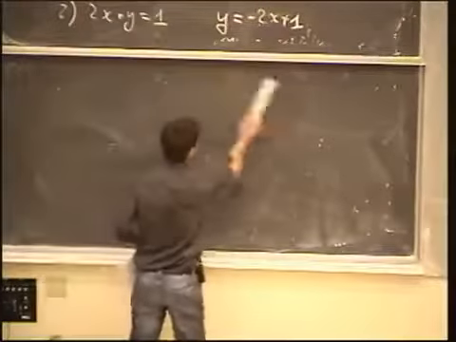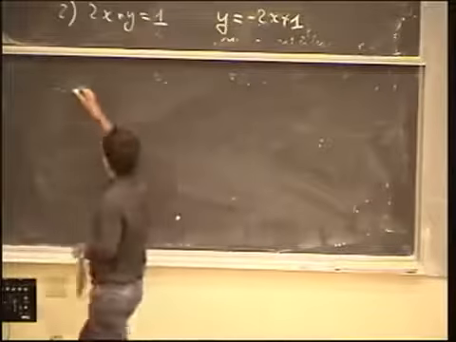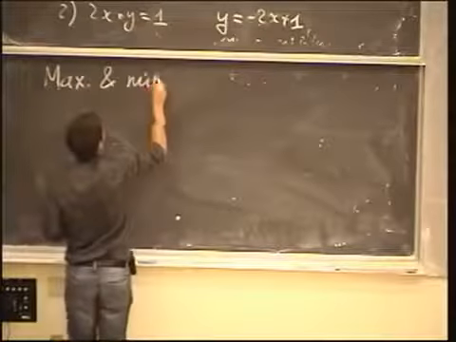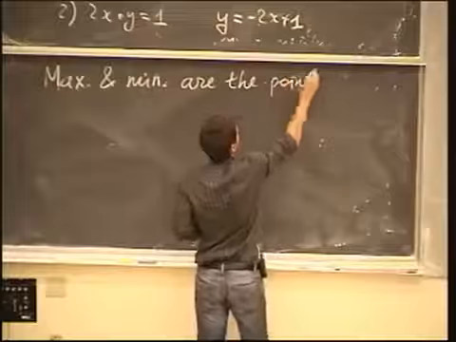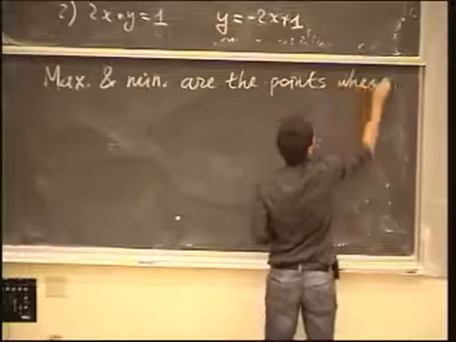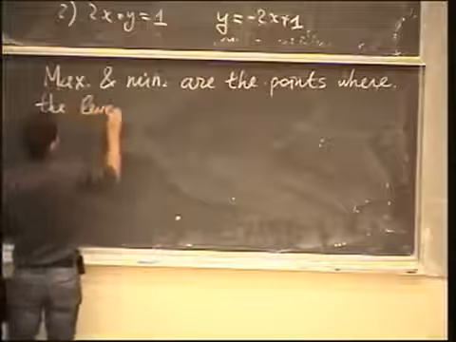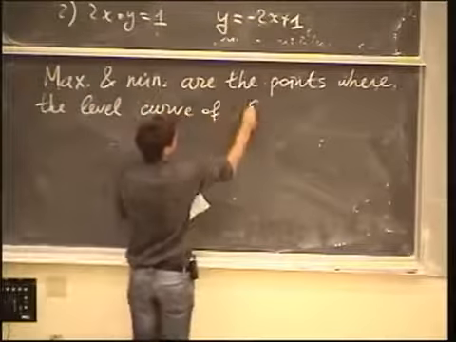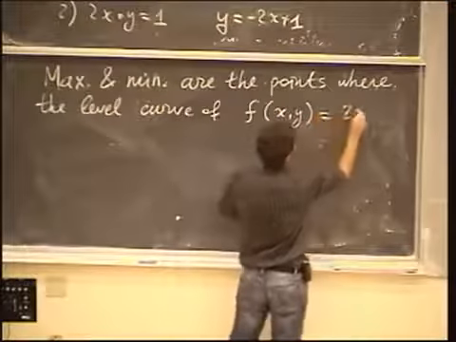So we have found that the maxima and minima are the points where the level curve of the function f of x, y, which in this case is 2x plus y,